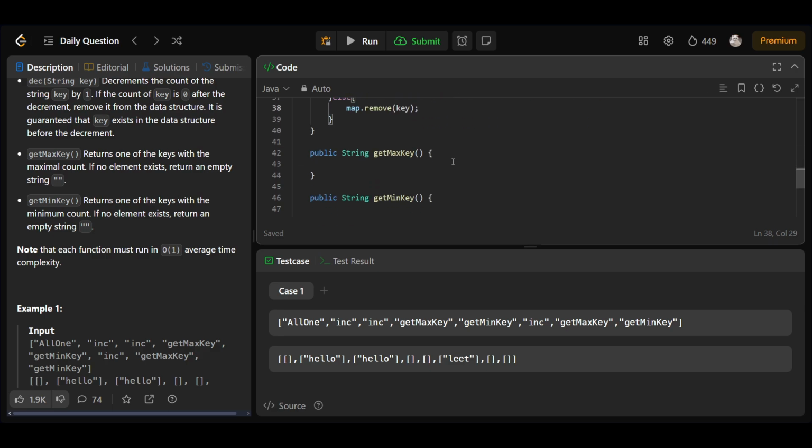Okay, and now let's write the functions get max key and get min key. So I'll just do a return if sorted map dot is empty. In this case I'll have to return nothing, else I'll be retrieving the last one. So sorted map dot last entry